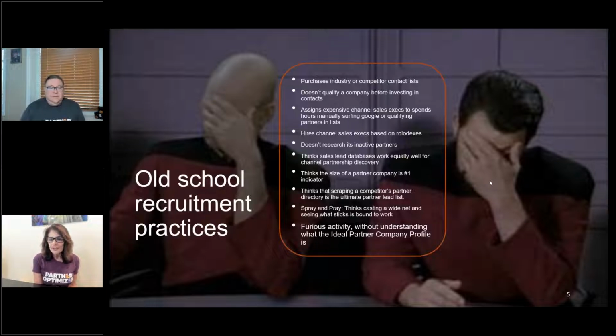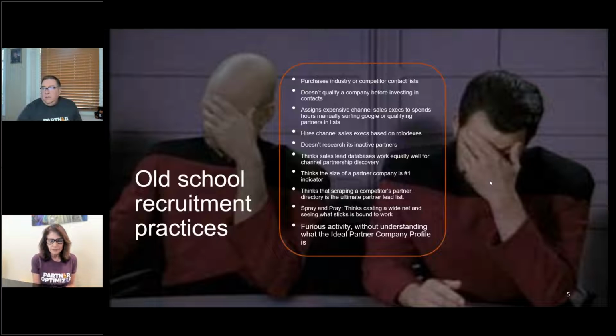So here's another one. They don't spend time researching all the inactive partners that you spent so much money to recruit. You may have mostly inactive partners, as we know, but there are ones in there who are probably really good ones, and there may be a reason that they're not activating. And so being able to research them and learn why, learn what they look like, and maybe there's one thing you could be doing to pivot them.